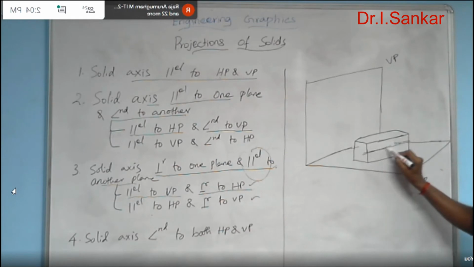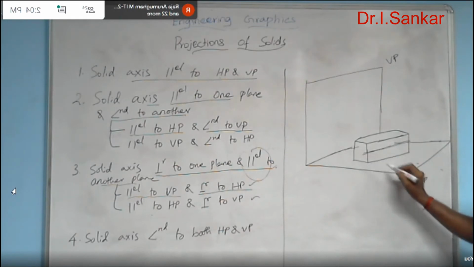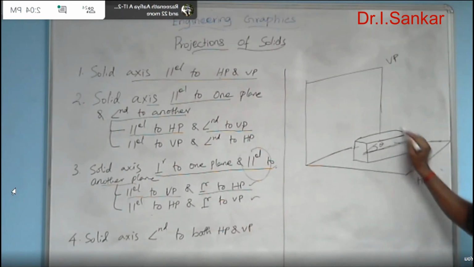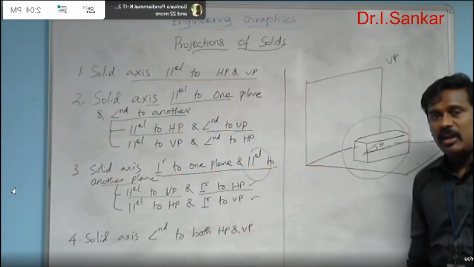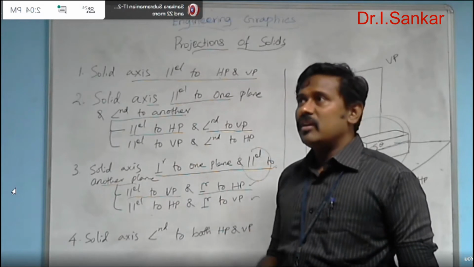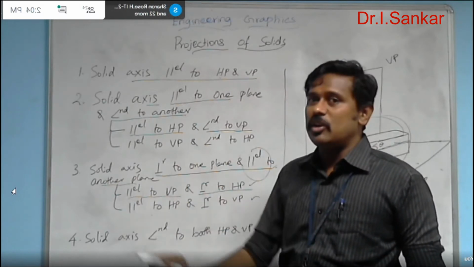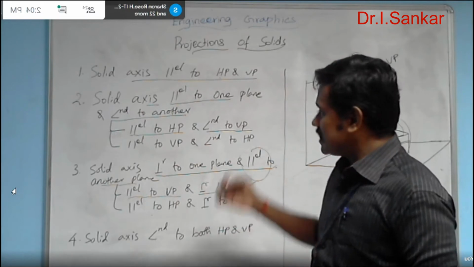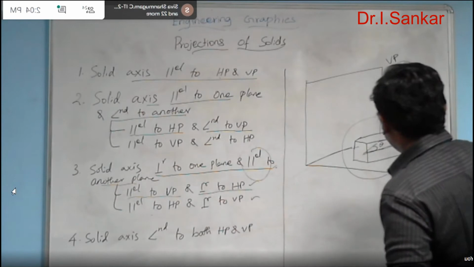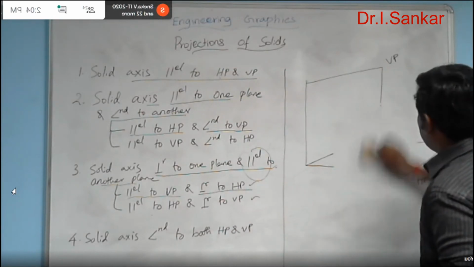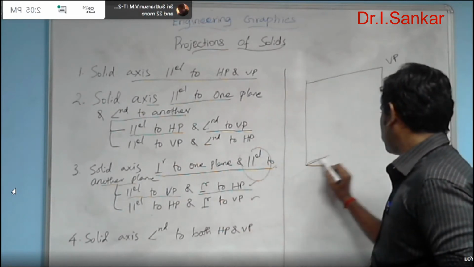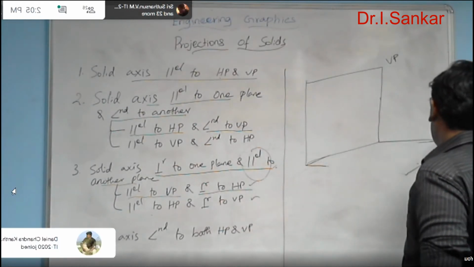See here, the axis of the solid is now parallel to the horizontal plane and it is having some inclination with the vertical plane. That's why I am calling this case solid axis parallel to HP and inclined to VP. 90 degree is also an inclination only. But if the inclination is 90 degree, it's specially denoted as perpendicularity. The rest of the inclinations come under simply inclination in our terms. And when you want to place a solid with its axis parallel to VP and inclined to HP, that way you need to place. See how I am placing it.